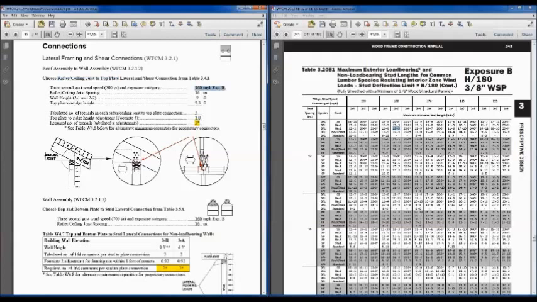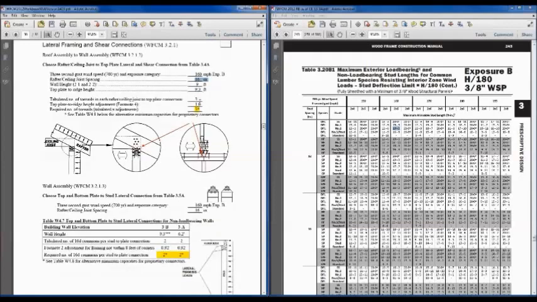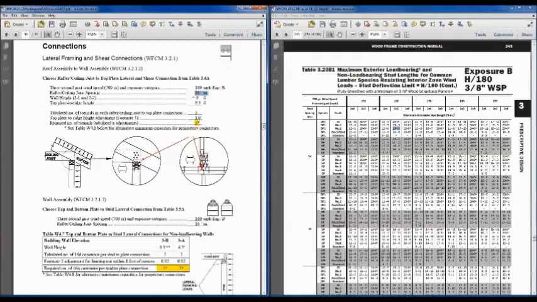So again, we're 160 exposure B. Our rafter and joist spacing is 16 inches on center for most of the roof system, but if you'll recall, and this is another correction or addition I have to make to this document, it went to 12 inches on center for that vaulted ceiling. So I'll have to show you a couple other footnotes to apply to this example problem, but we're going to look at the attic space for this particular portion here. And so for these walls 2-1 and 2-2, the wall height's 9 feet and the top plate to ridge height is 9.3, and so I'm going to jump now to table